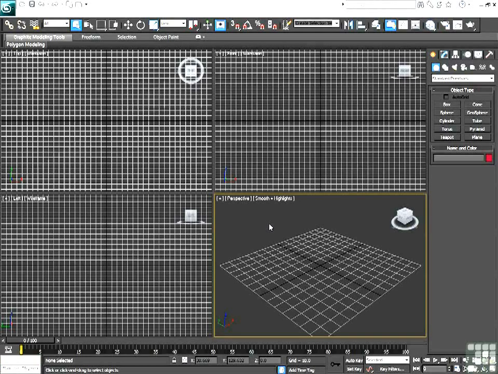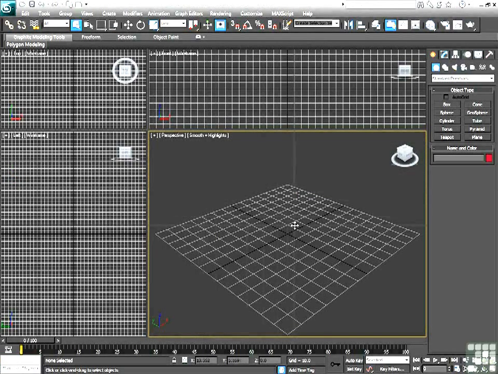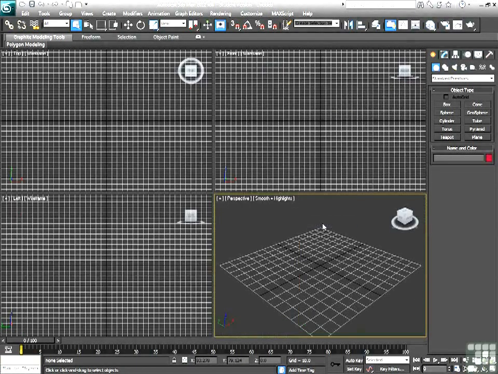Alright, working within the viewports. The viewports, again, are the quad view system that we have right here. There's a bunch of different things that we can do with the viewports. If I want my perspective view much larger, I click and drag to do that. If I want to reset, I can right click in there and hit reset layout and it'll put it back